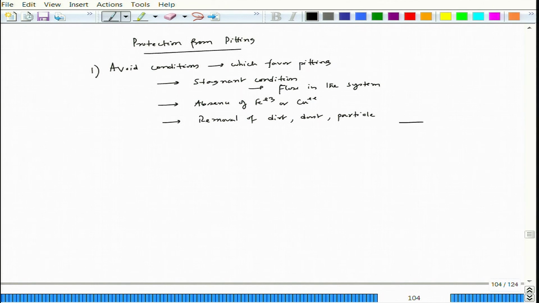For example, if it is a small dust, this actually forms a crevice, and there pitting can start. So the crevice is sometimes the initiation of pitting. So, removal or avoidance of crevice,